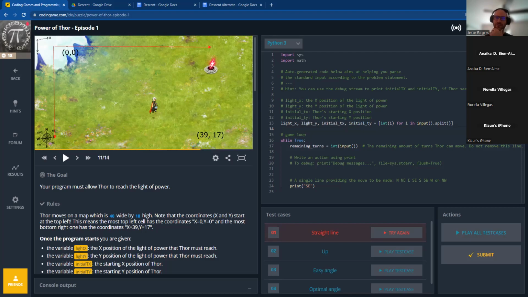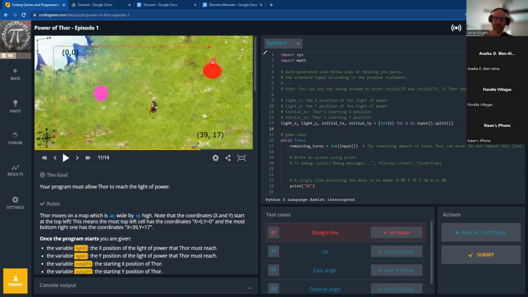So we're starting there and ending here, and all the values have to be somewhere in between for the X and for the Y. So it's going to give us some value here of our target. That's where we want to get to. And it's going to give us some value for Thor that's going to be like a starting value. And then we can give